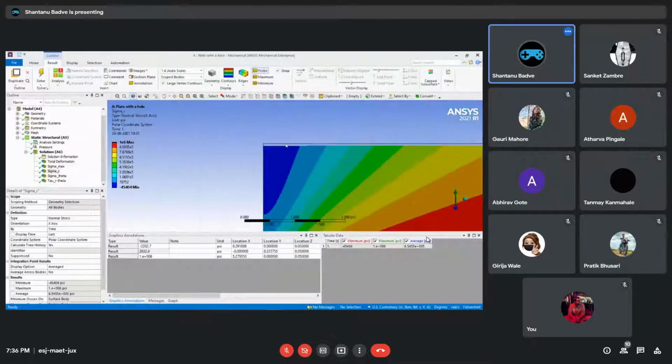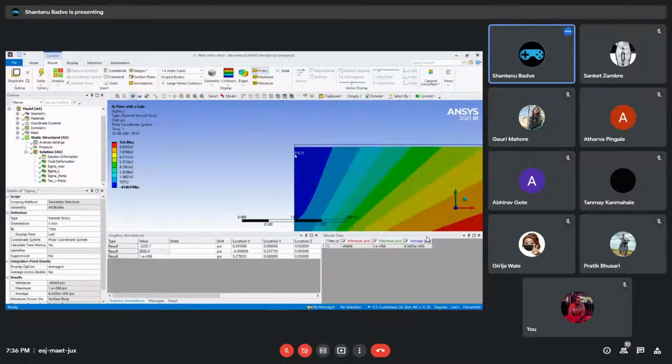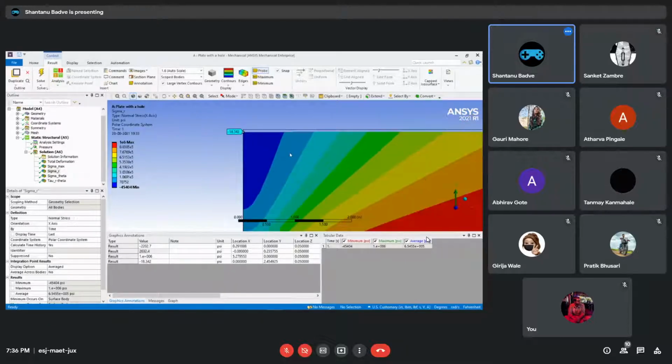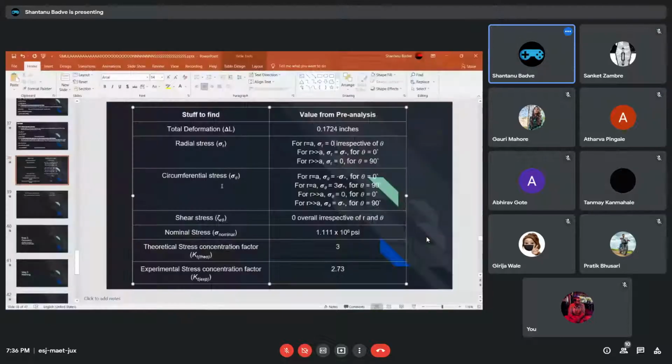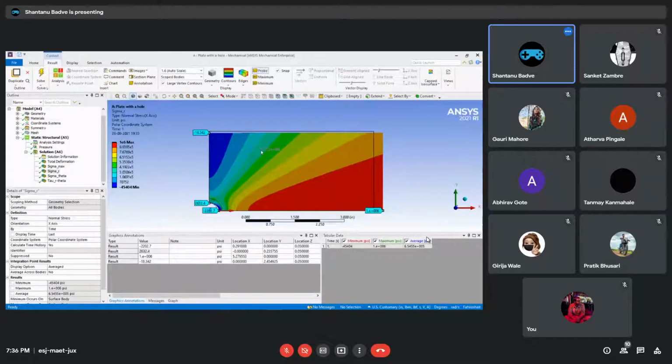So this is r equals infinity, and once we start going from theta equals 0 to theta equals 90 degrees, we end up over here. Okay, and if we just zoom in and we see, we will find that it is like what, minus 18.342, very less, never 0 but very less, still acceptable. So we can safely say that the radial stress that we are getting from the simulation is actually right, and we have done the simulation correctly.